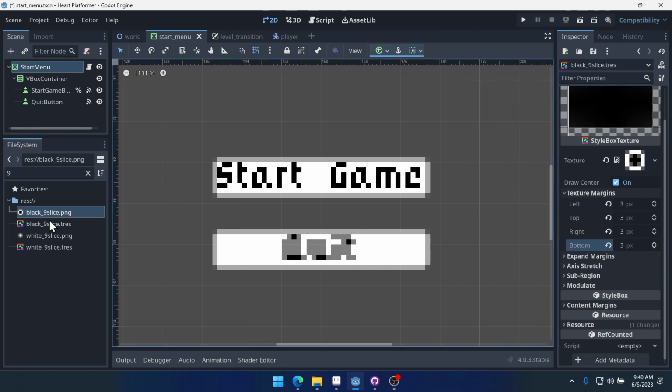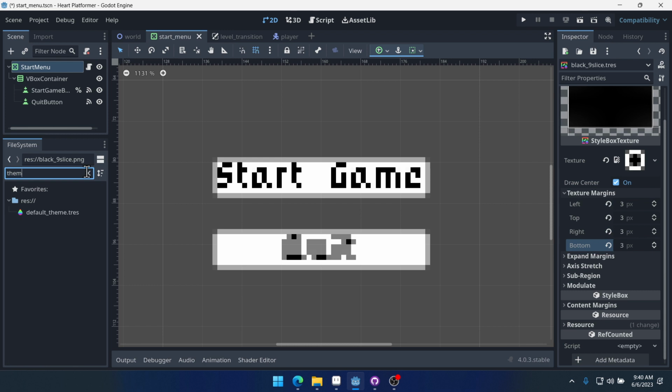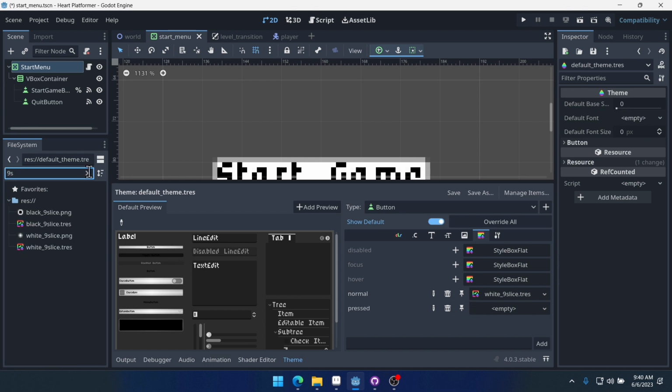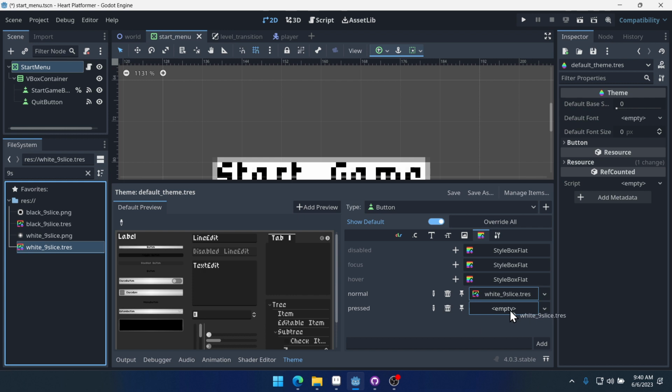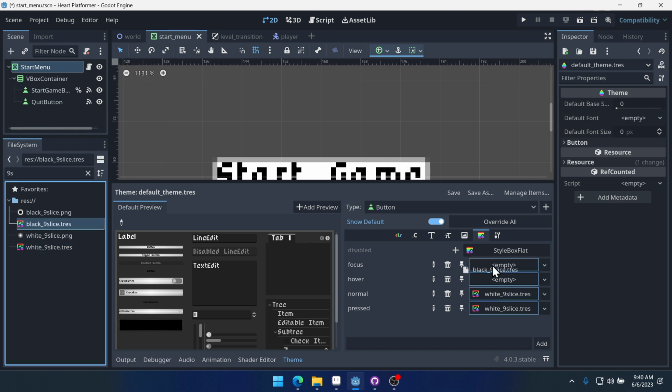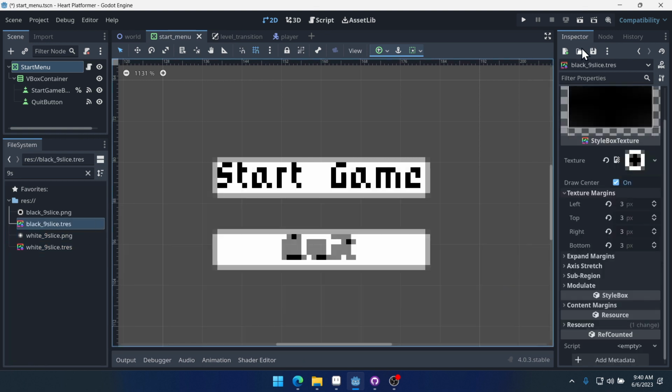and open up our theme again. Now for pressed, we want to actually use the white 9 slice. We'll use the white one for pressed as well, for normal and pressed. And then for focus and hover, we're going to use the black 9 slice. Now for disabled, no, for focus,